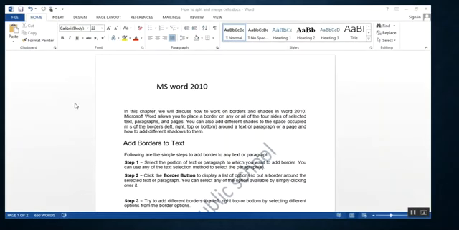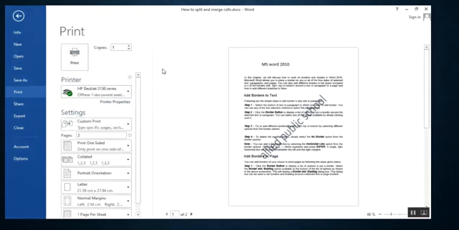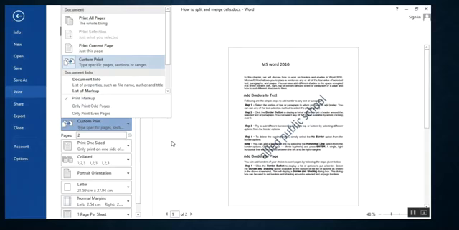So dear student, now I am going to show you how you can use the print command in Microsoft Office. If I want to print this document, all I have to do is click on the File tab, go to Print from the menu. Over here at the right side you can see a preview of this document. It's really wise to see how your document really looks before you get its hard copy. In Settings you have different options. You can select it according to your requirement.